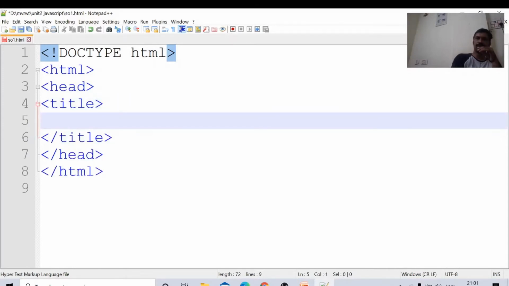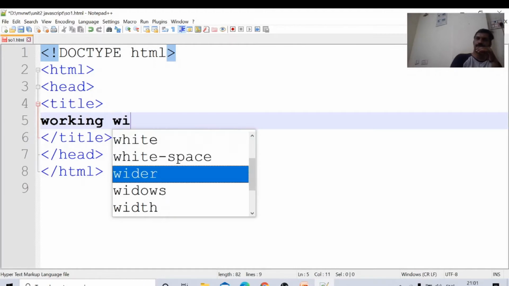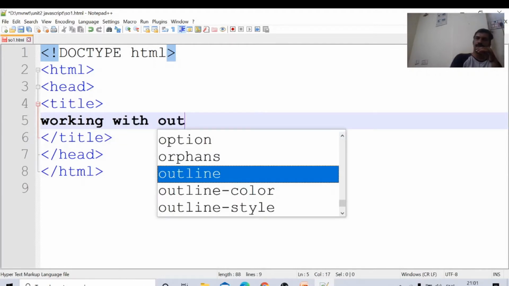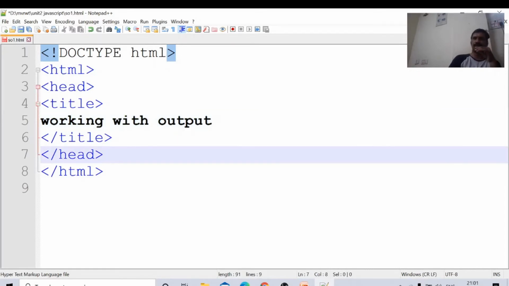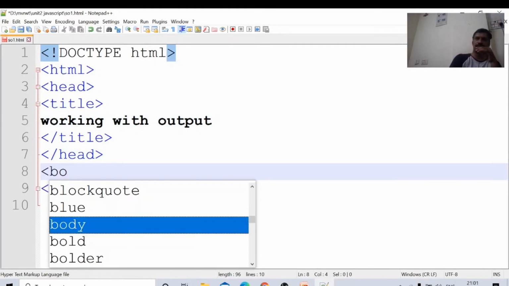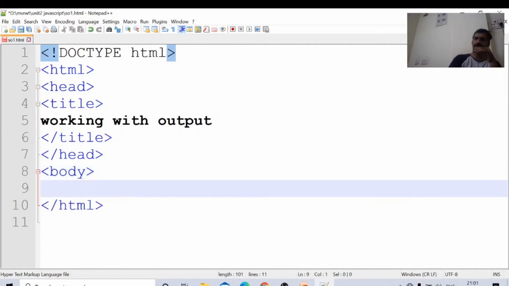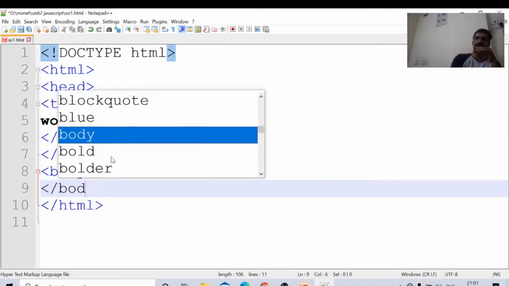This is the program working with output. The title of this file is working with output. Here body will start, body, /body.